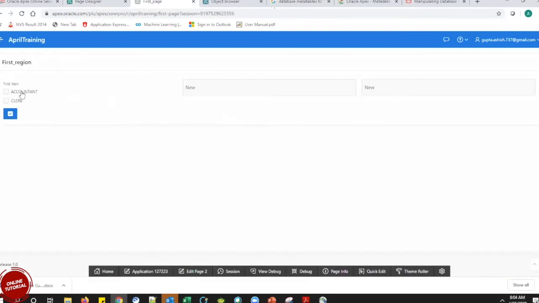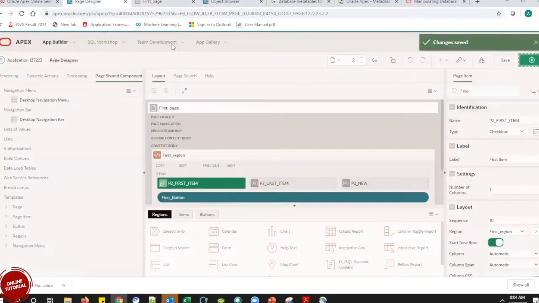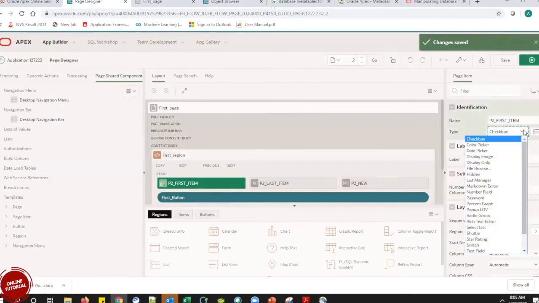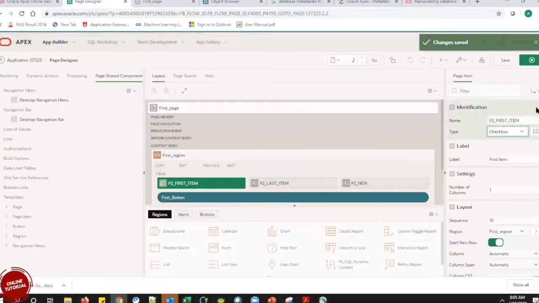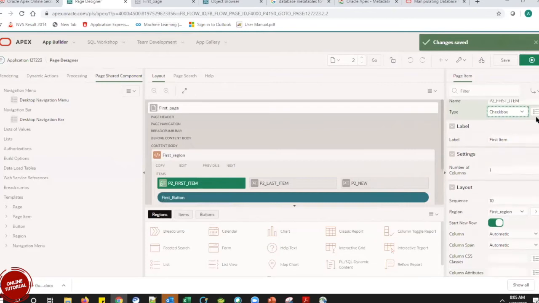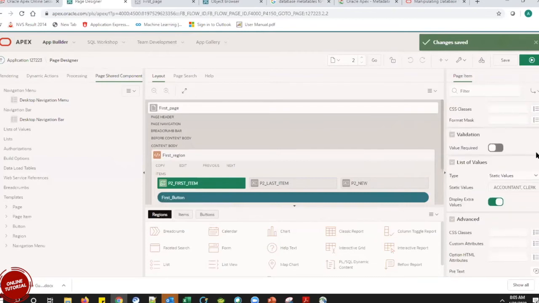See, in my checkbox, I have either accountant or clerk, or I can select both, any of that. Okay. The type of that was a text box, and again we got these values from the static values.